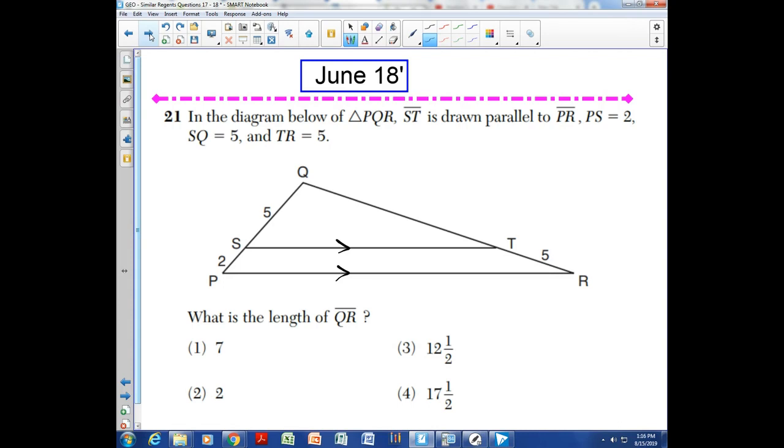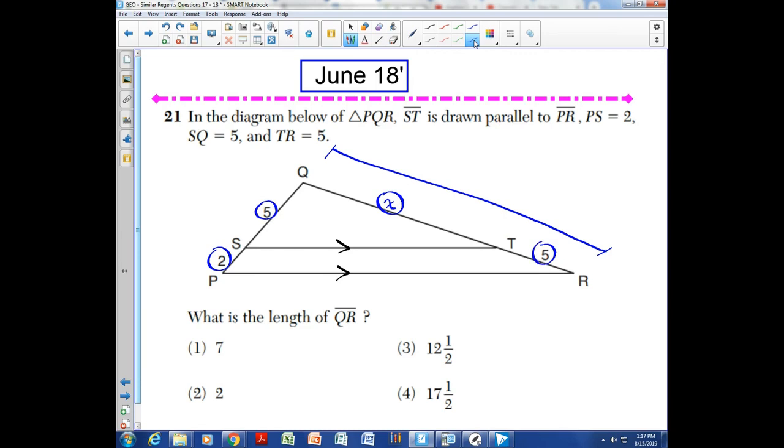Okay, I'm going to do something a little bit different in this one. They want to know QR, the whole entire side. However, I'm not going to make that my x because it's much easier in this case to make my x QT and use the side splitter theorem and then add it up with the 5 to find my final answer. So the side splitter theorem says when you have a triangle inside a triangle with one parallel side, so these are similar triangles, we can use this side and this part in a proportion to the same corresponding parts